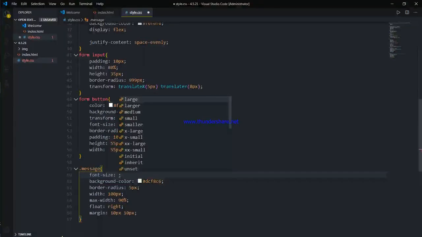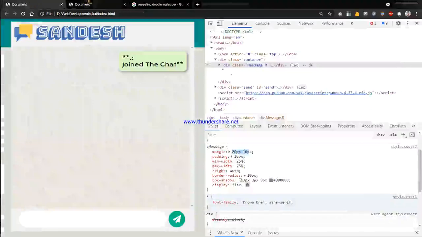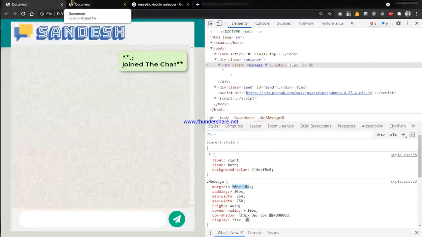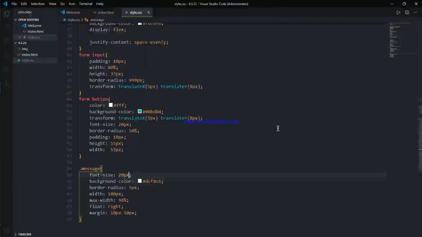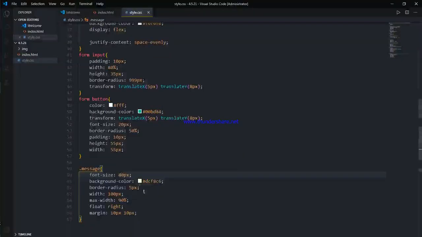Font size 50 pixels. Oh, that's too much. 20 pixels. Font size, let it go like 40. No, that's too much.